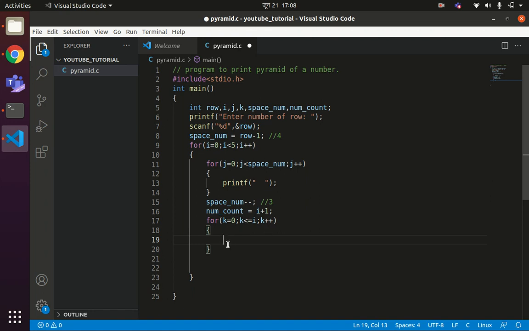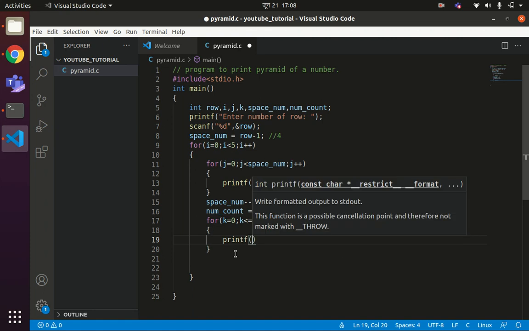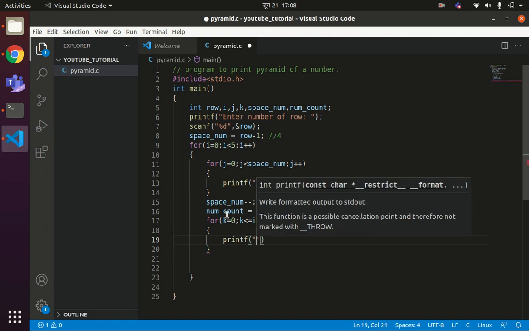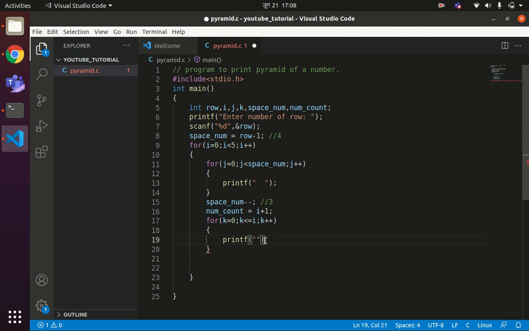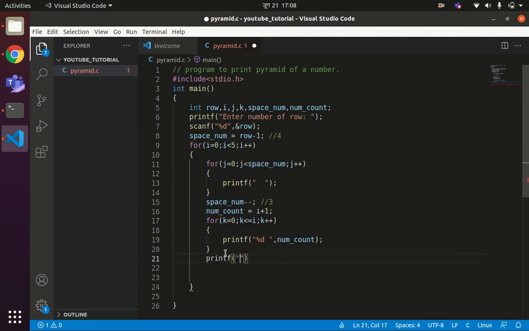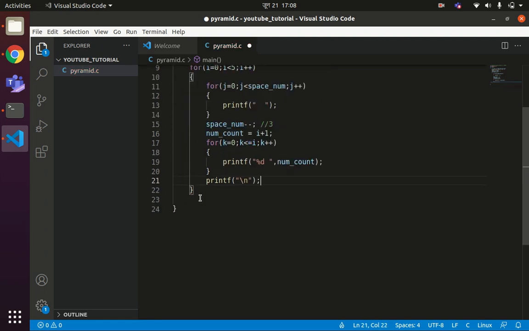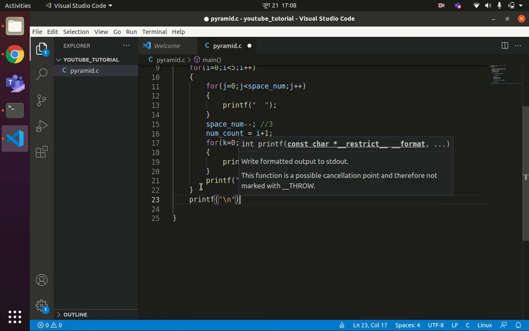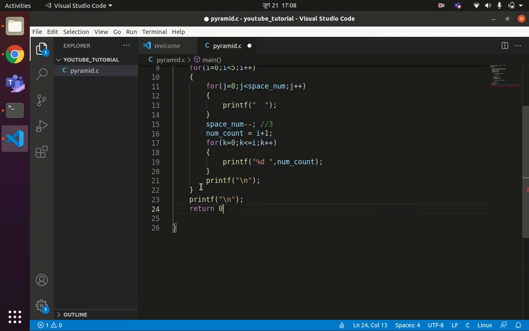Now printf the value of num count, percentage d, num count. After every row, print the new line: printf backslash n, and then return 0. Now let us execute this partial code.